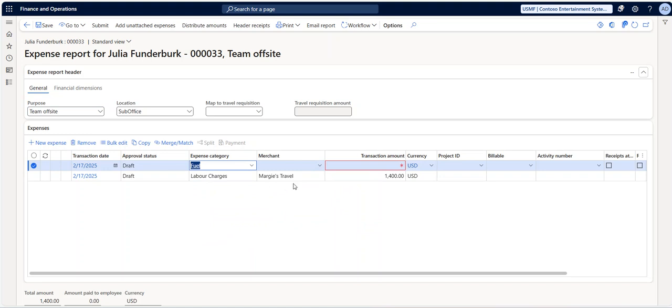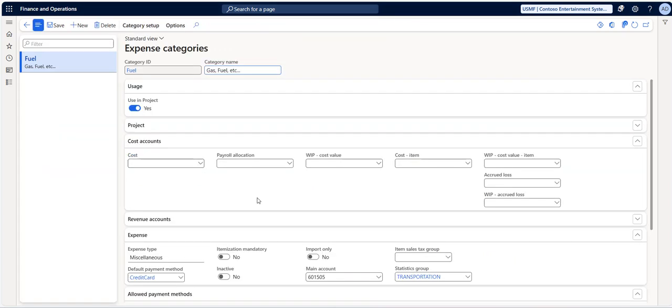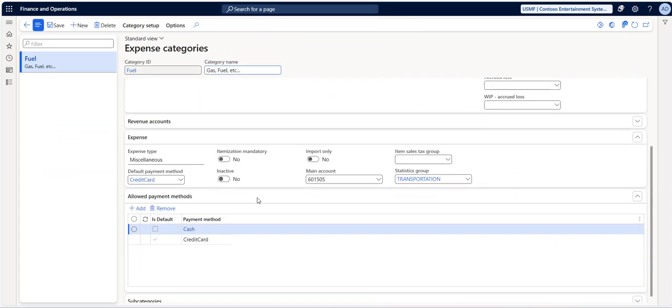Now you can see, after selecting fuel, I have an option: what is my project type, and whether it is billable or non-billable. If you select the project ID, based on that the activity number will be populated. Now in this particular fuel expense category, you can see here